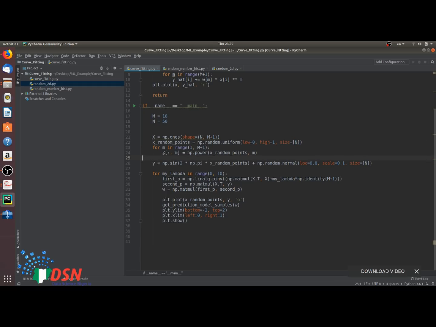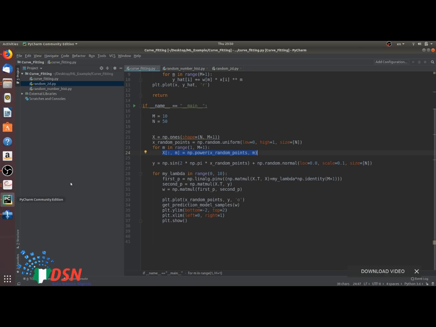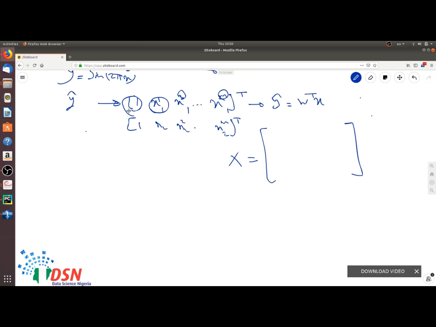Then we produce the features. The features are, for each sample, 1, x power 1, power 2, up to power m. So in here we have a loop from 1 to m plus 1, because when the degree of polynomial is 1, for example, you have two features. You have two features, and your feature vector has two elements. Okay,